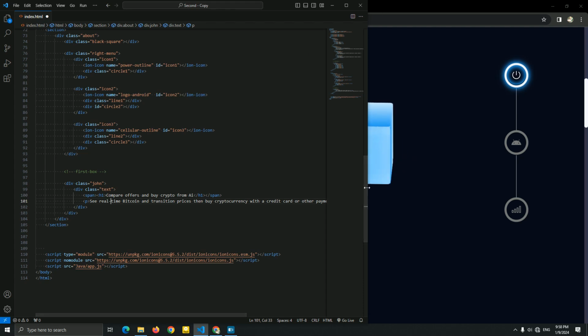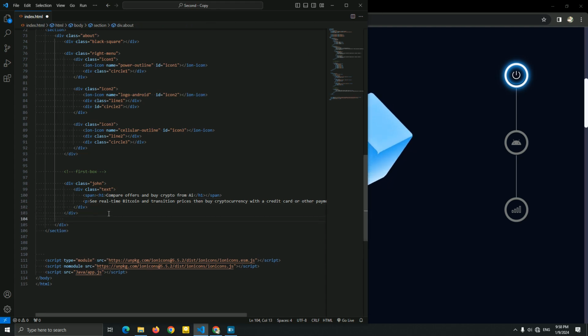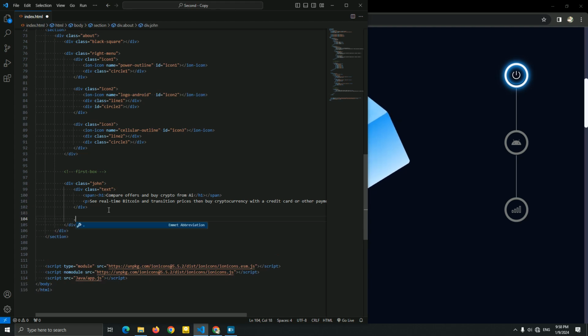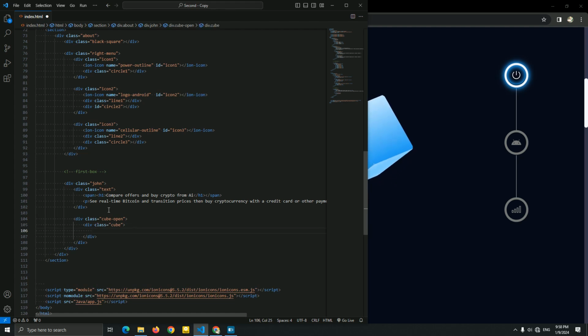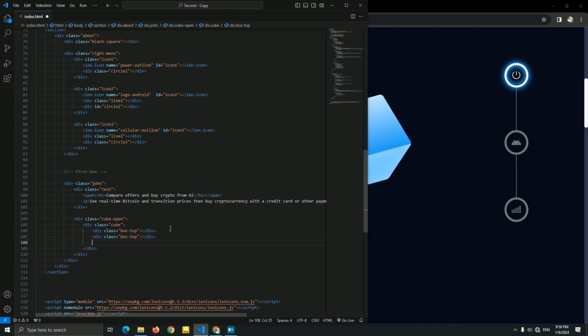Now let's go to create this cube, guys. I'm gonna name it cube open. Cube, okay. Box top, which is this top of this cube, guys. I'm sorry, box top. Gonna copy this, paste it, box bottom, and cube light, which is a center of this cube, of the left and the right. Box footer, box bottom, doesn't matter.